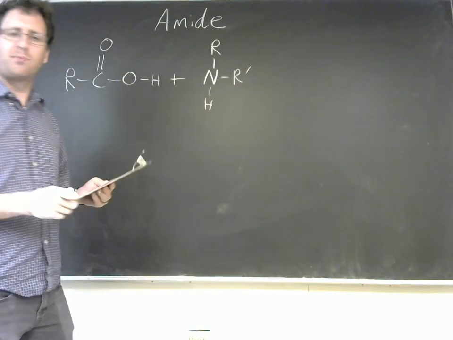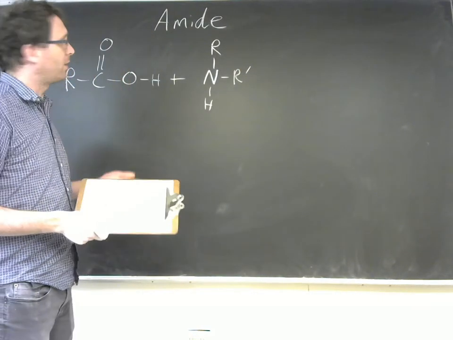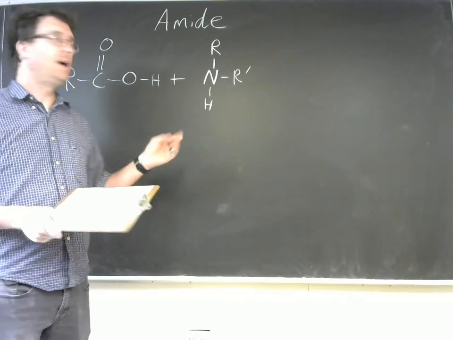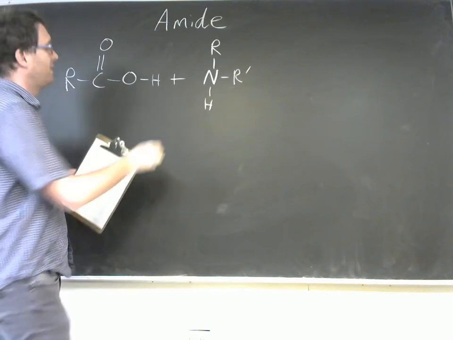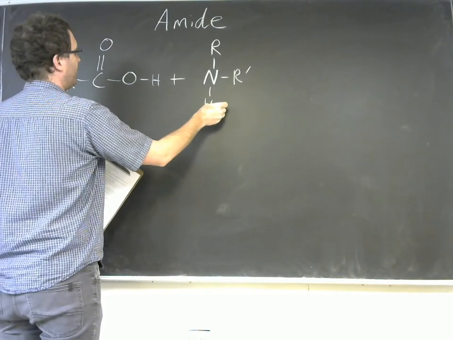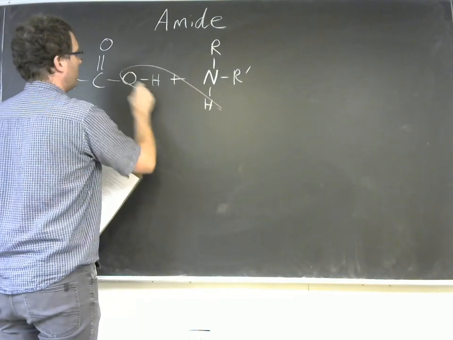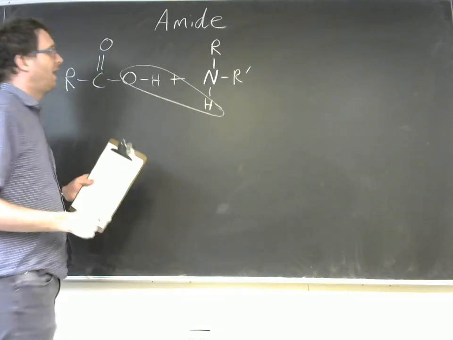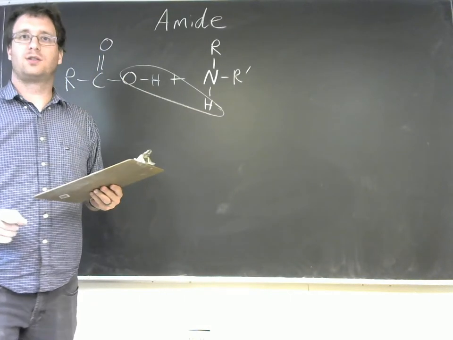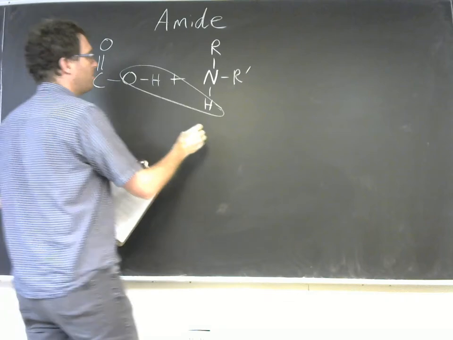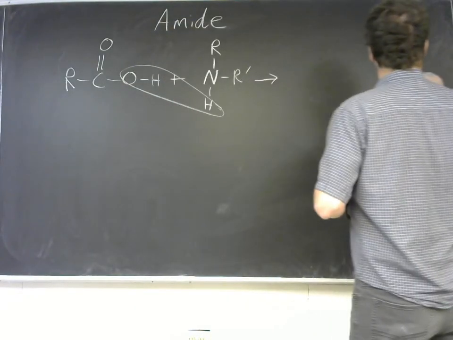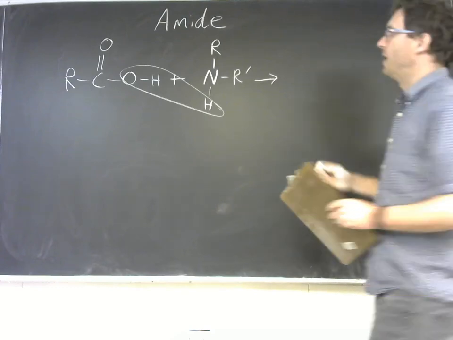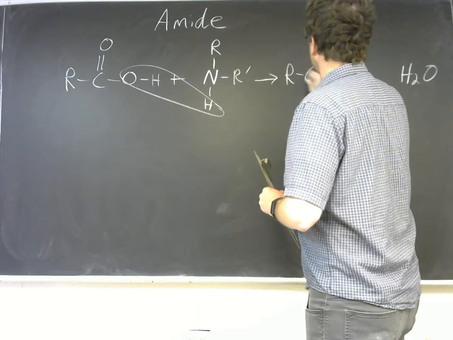It could be a primary amine, or it could be a secondary amine, but it cannot be a tertiary amine because it does need to have that hydrogen. Again, the oxygen and the hydrogen and that hydrogen are lost to form water. So one of our products is going to be over here, water, and we'll have RCON